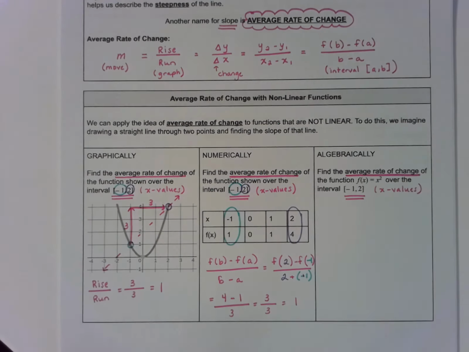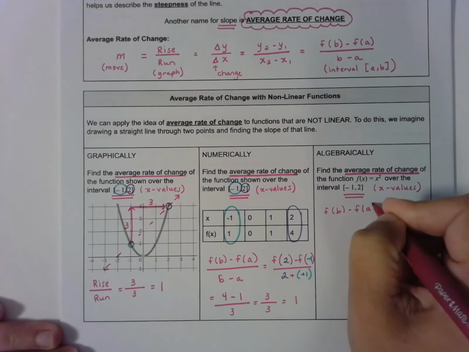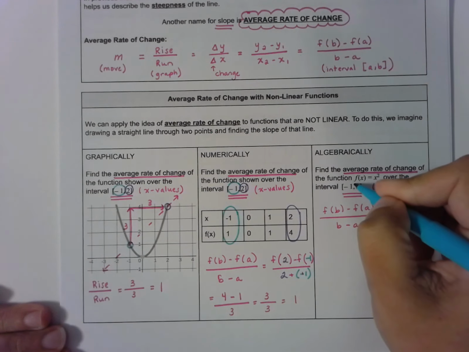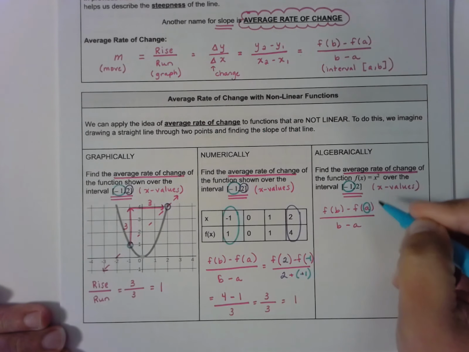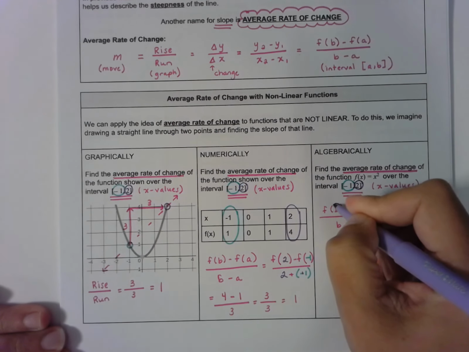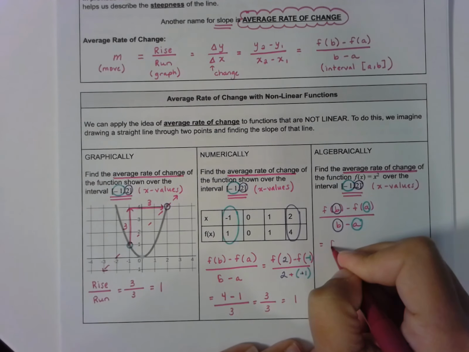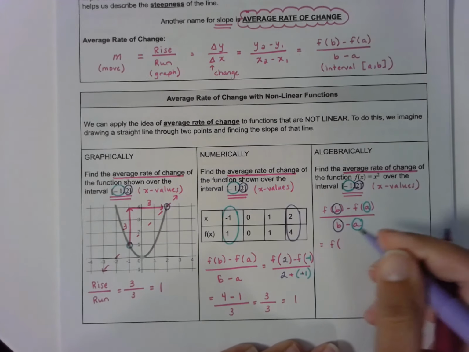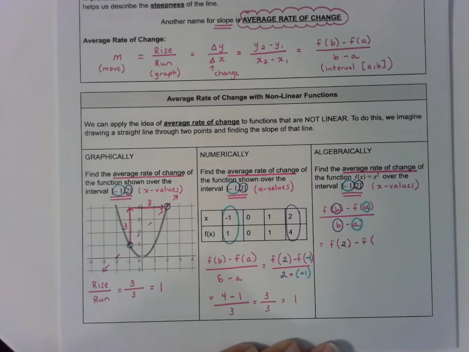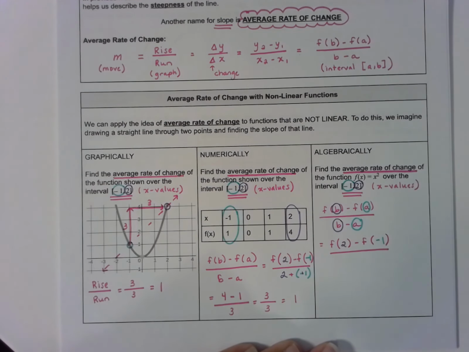When this happens, I always go back to our formula f of b minus f of a all over b minus a. But I need to remember that in this case, the a is -1, because that's our first x value, and the b is +2, because that's our second x value. So the next thing that I usually do is fill in those numbers. So I would have f of 2 minus f of -1 all over 2